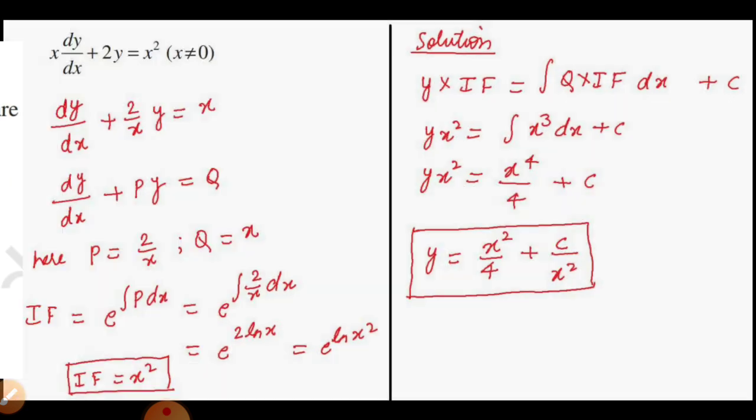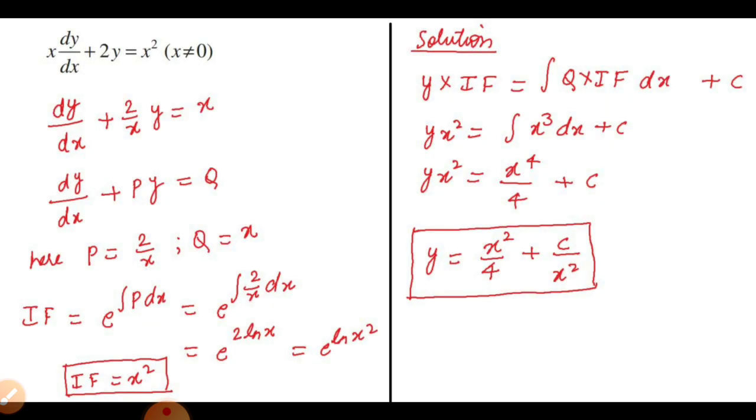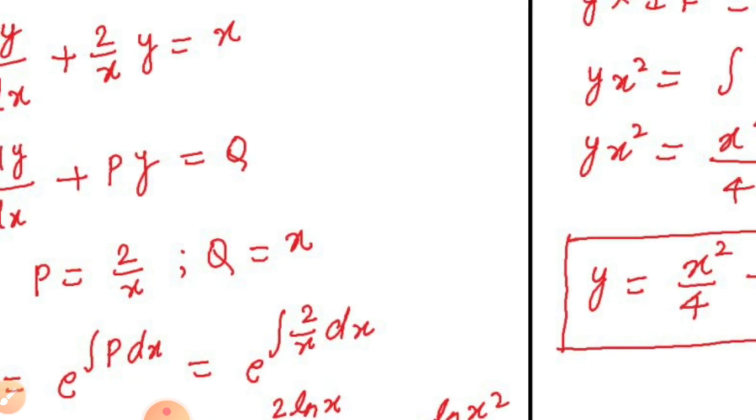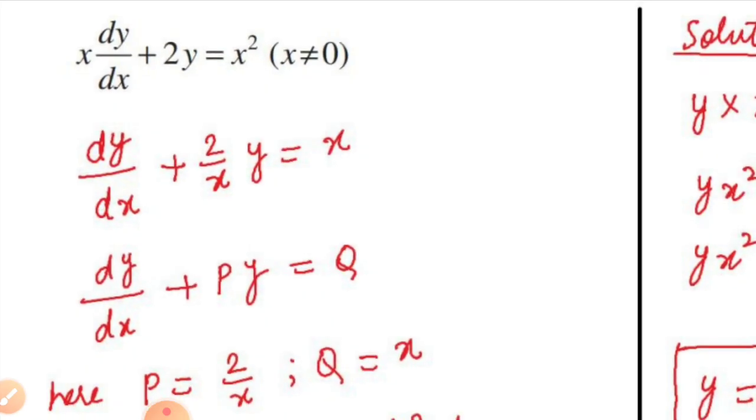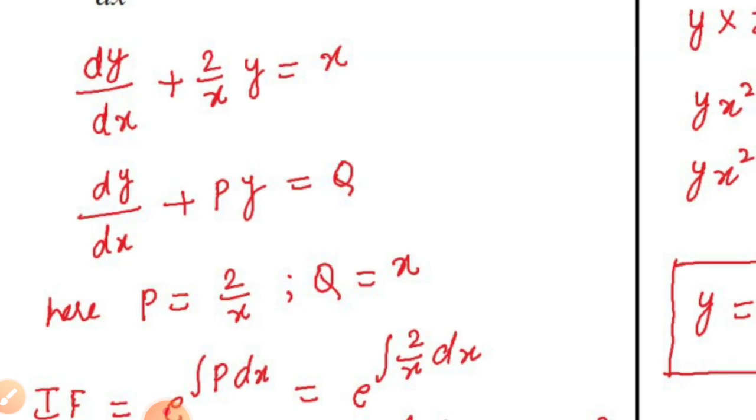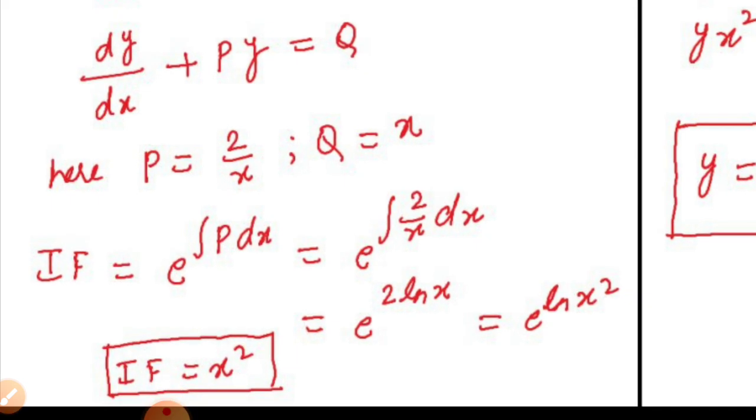Suppose we solve this like this. First we divide this whole equation by x, then we find dy by dx plus 2 by x y equals x. If we compare this with the standard linear differential equation, we will find that dy by dx plus py equals q. So on comparing these two equations, we can find that p will be 2 by x and q will be x. So our next step will be to calculate the integrating factor, that can be obtained by e to the